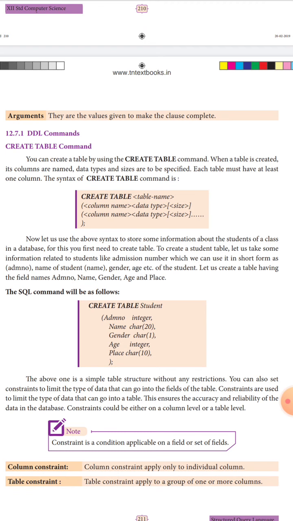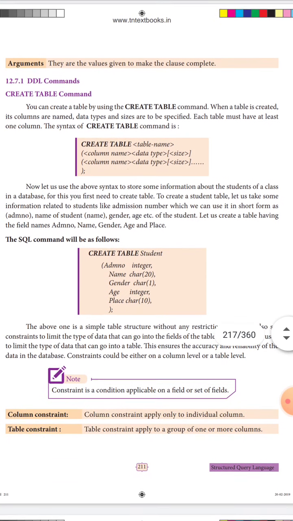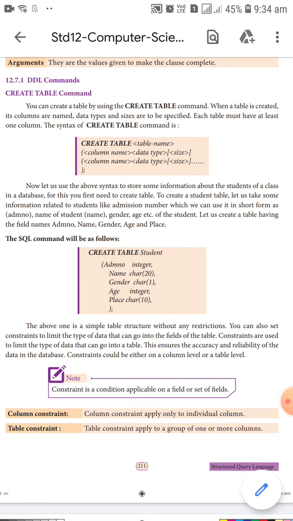Name means characters; one person may have a maximum of 20 or 30 characters, so we use 20. Gender means female or male. Age is 12 or 14, a whole number, so you use integer. And place is characters, and we use 10.